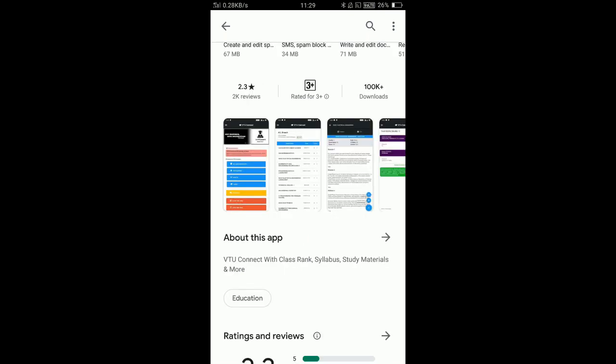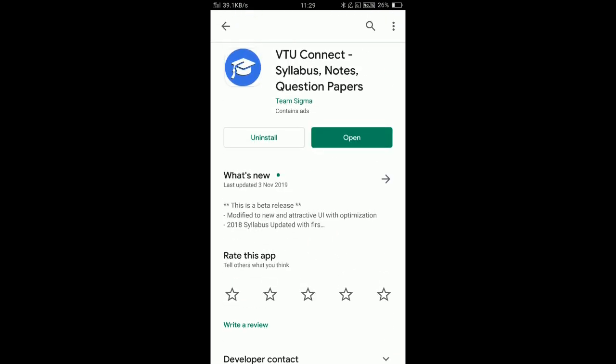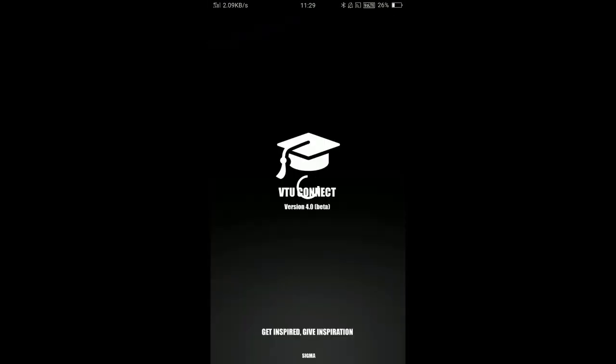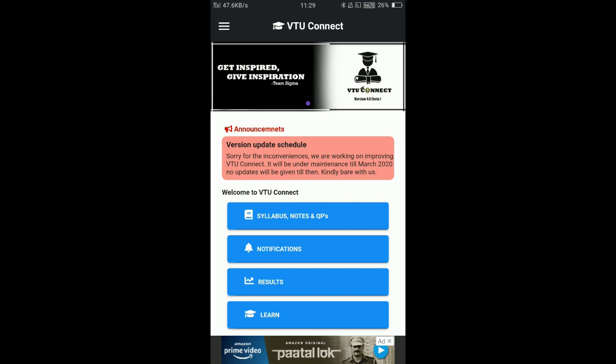Don't go by the reviews. Actually, I have seen many reviews from people who hate these things. Mostly they will give 1 mark. It's a new application, so there's not that much rating, but I'm going to tell you how this application will help you clear your examinations and sort out the problems you are having in your engineering papers. So just open this application.